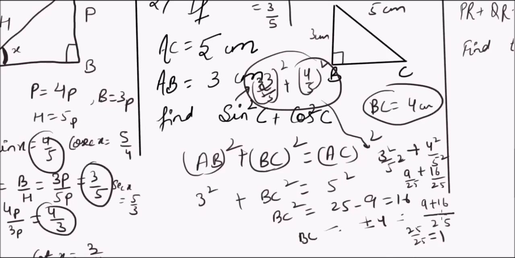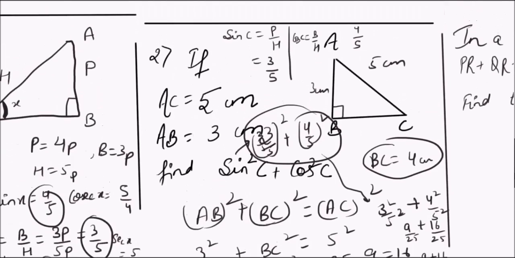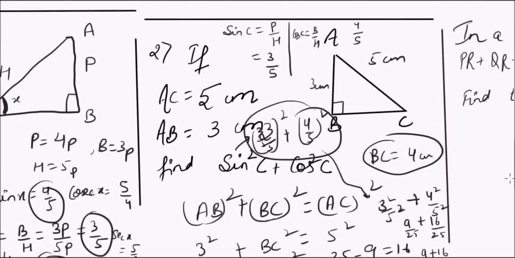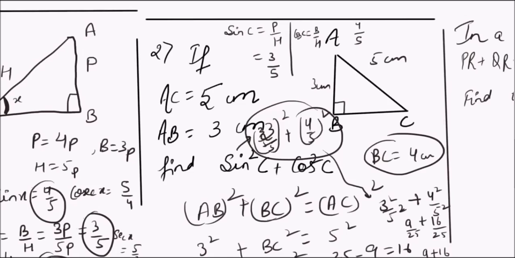Thus, for the given question, sin square C plus cos square C is nothing but unity. In further videos, you will discover that this is always the case. That is, sin square of an angle plus cos square of the same angle is 1 for any angle